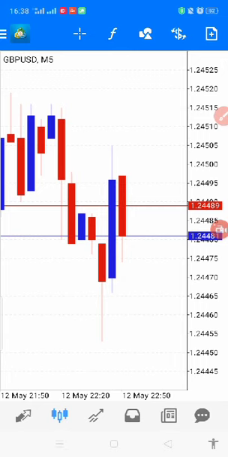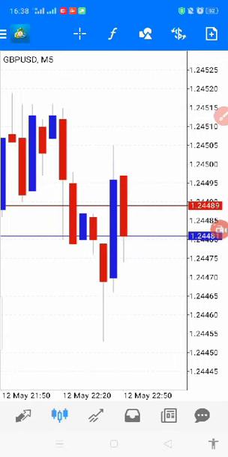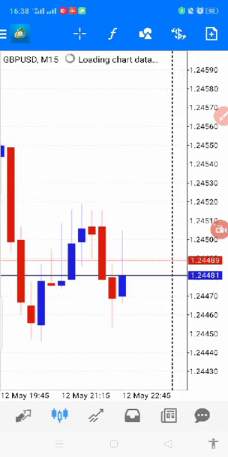This red candle, that's what I'm talking about. This particular red candle, that's the down part of it. It's called the wick, or you can call it the shadow of that candle. So we go to M15. M15 also